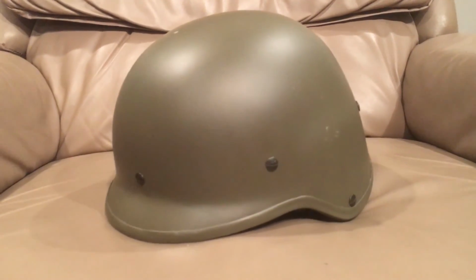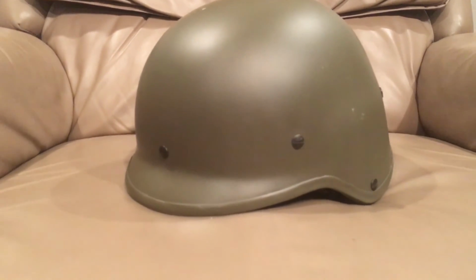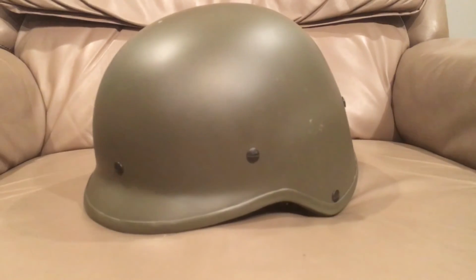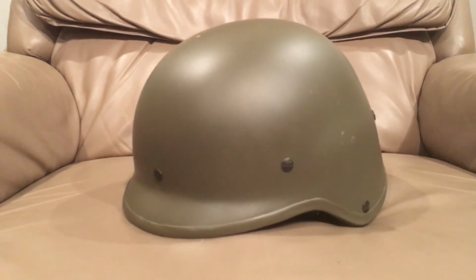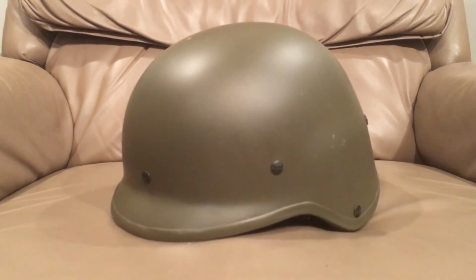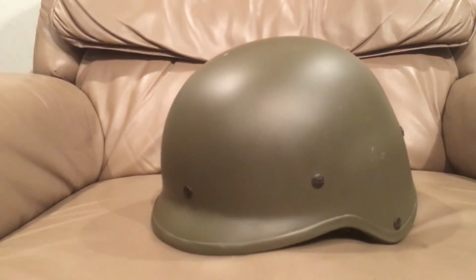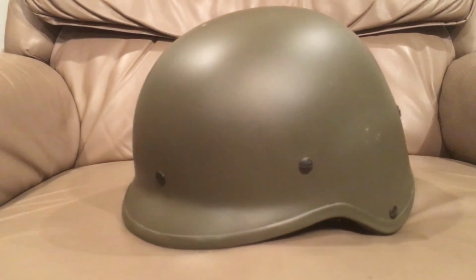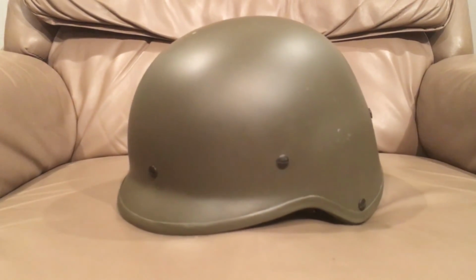It's actually an Italian helmet, and I first got it off a trade from Mike B. I traded him a Solberg and a brand new Army ECH, and he traded me a Polish helmet and this Italian one. I'm most excited about the Italian one because these are incredibly hard to find, because Italy's a lot like Canada and they don't let any military surplus leave the country for any reason whatsoever. So I'm really glad to get one of these because they're impossible to find outside of Italy